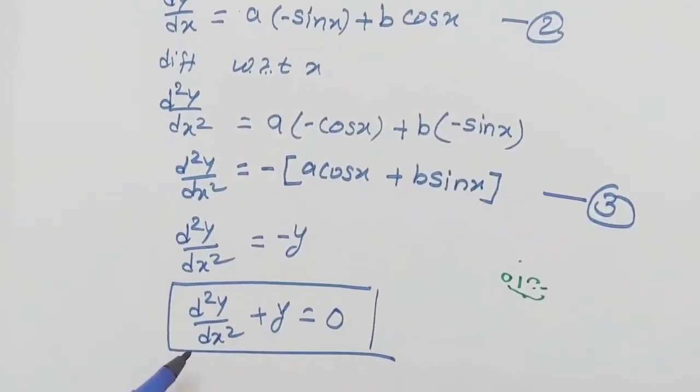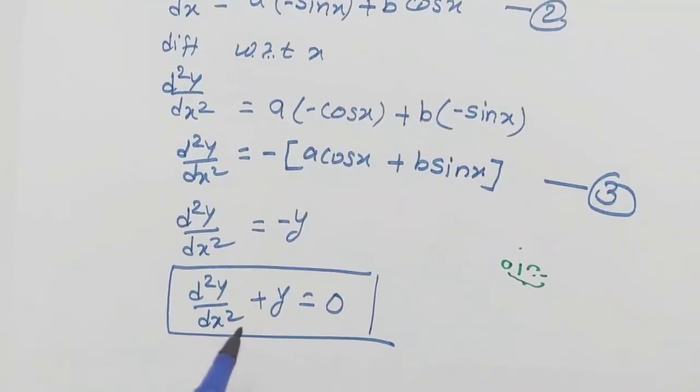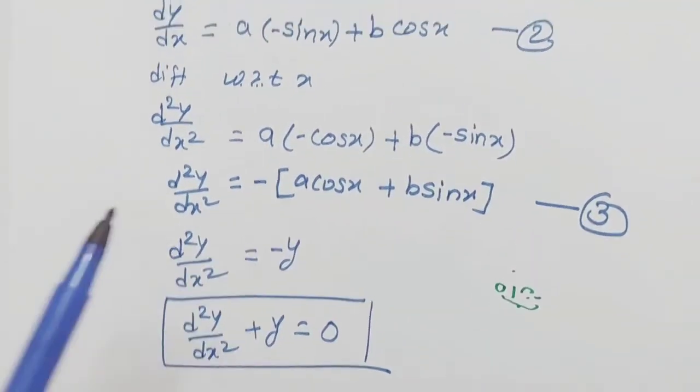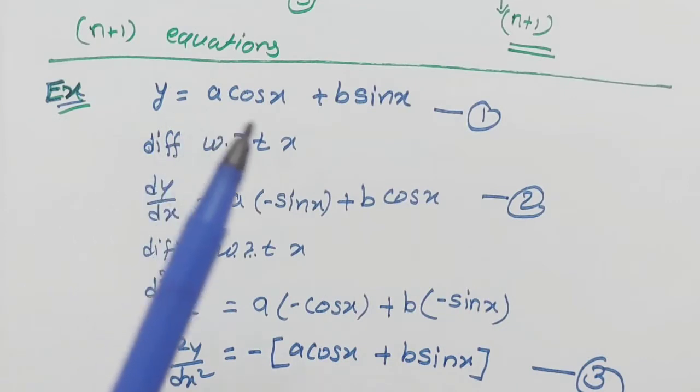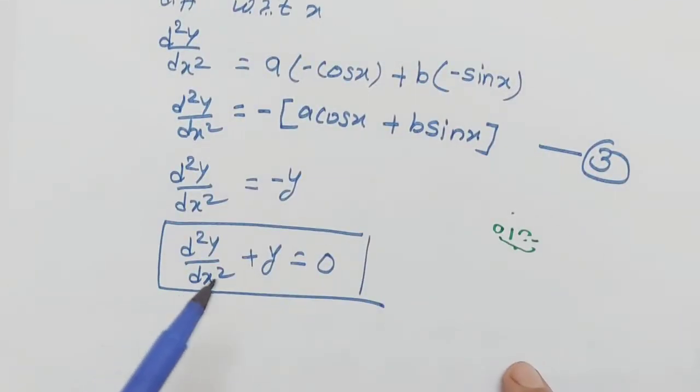That means if we take the left hand side of this equation and put the value of y, then the left hand side is equal to the right hand side always holds. Try it and see: instead of y, write our given value from equation 1 and solve the left hand side. If you simplify it, we get 0. That means left hand side equals right hand side.